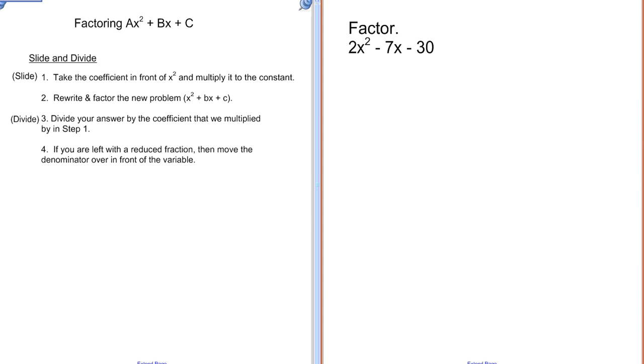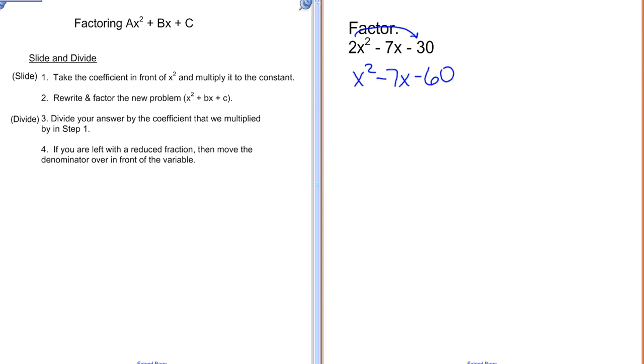And once again, just like on the previous factoring, this just takes a lot of practice. The more you do it, the better you get at it. So starting with step 1, we take our a and we multiply it to our constant. So x squared minus 7x minus 60. Okay, so now I need to factor negative 60. Well, the factors of negative 60,